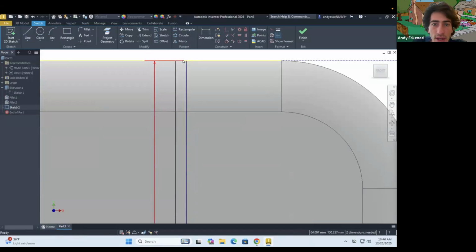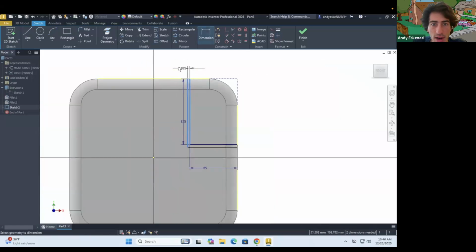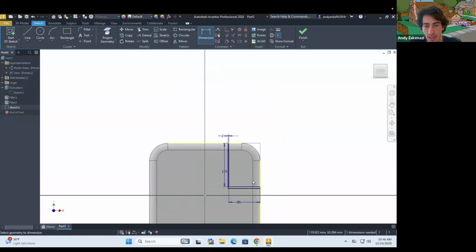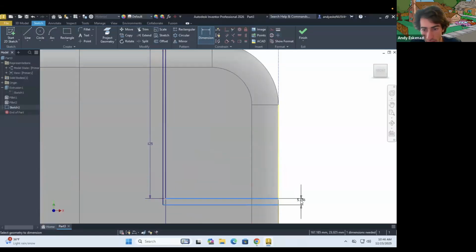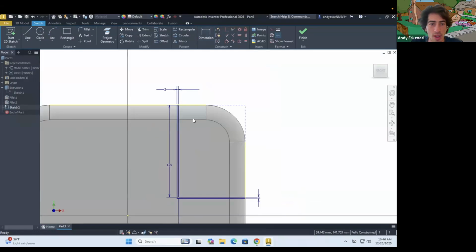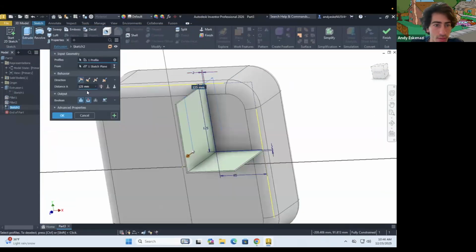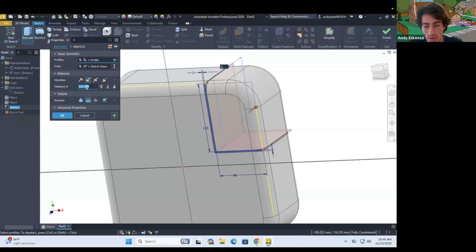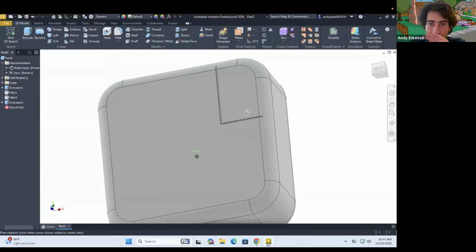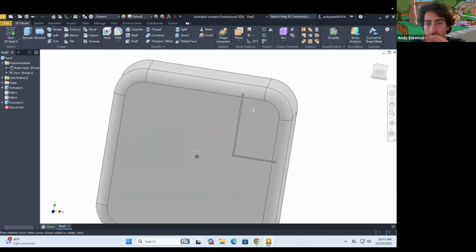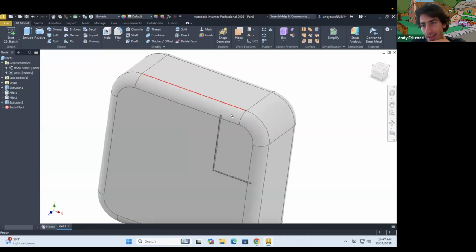So I can click in this little guy right there and make that be maybe something like 1. That might be too small. Maybe 2. The same thing goes for this, for 2, and it's all fully defined. Great. So now 3D model, extrude. I'm gonna extrude inwards. In other words, I'm gonna make a little cut that's gonna go maybe up to 1. I know it doesn't look like much, especially because it didn't do the cut in that face,